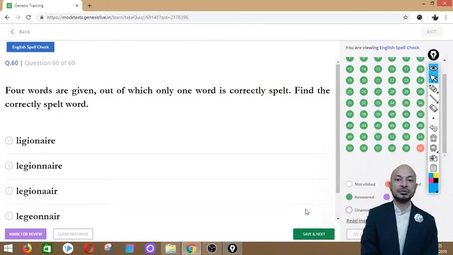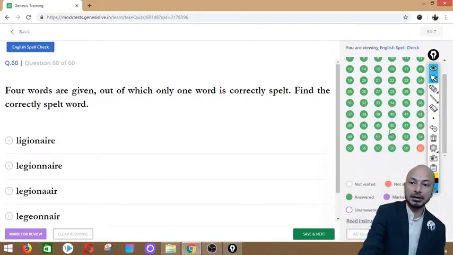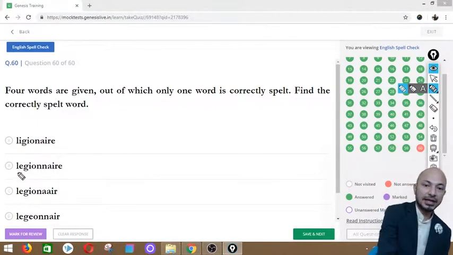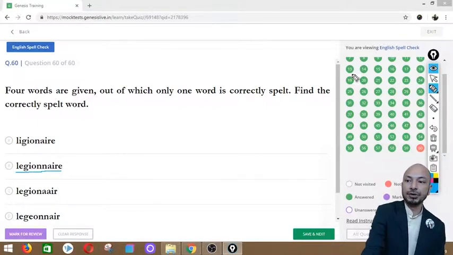On to question number 60, and the word is legionnaire, and the spellings given, first one Ligionnaire, second one says Legionnaire, next one says Legionnair, and the last one says Legeonnair, and the correct spelling is option B, which says Legionnaire. So we go ahead and click option B,